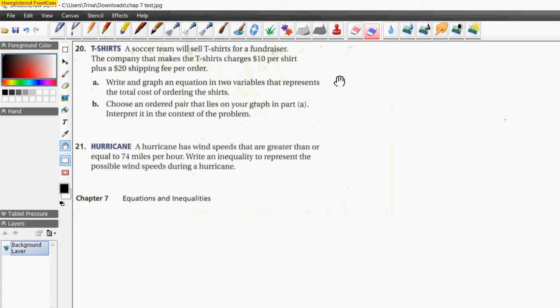Okay, so let's take a look at this right now. The first thing I want to do is show you what we're talking about, how it looks as far as the words are concerned. So as far as the words are concerned, we're going to say total cost. Let me write this over here. Total cost equals